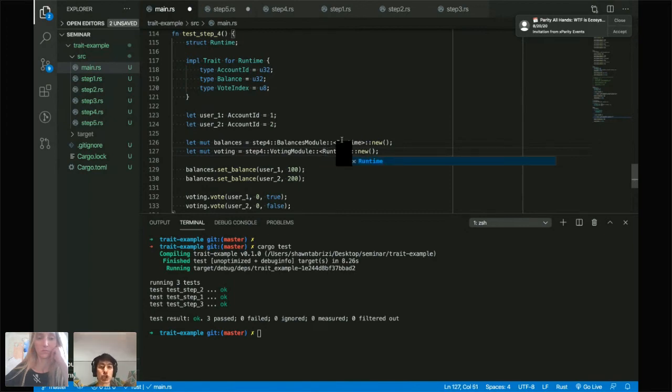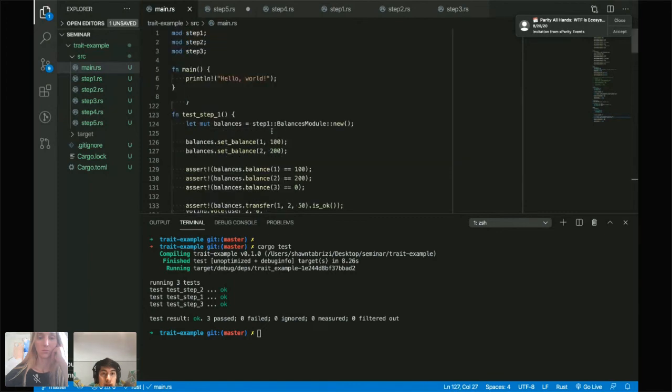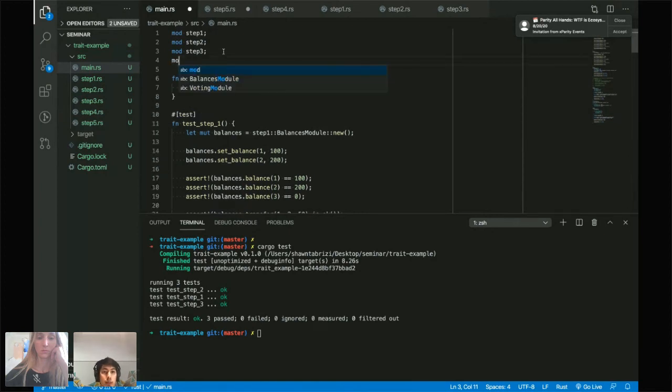And we can already see this is much nicer. Instead of passing a comma separated list of all the types we need, we just have one runtime definition with all of our types defined there, and we can pass it everywhere. So to make this work, we need to update our code, and we're going to, of course, be doing step 5 when this works. Step 5. And of course, I need to import at the top, and I need to change the name of that. I never tested step 4, huh? Mod step 5. Let's also add step 4 here. Mod step 4.